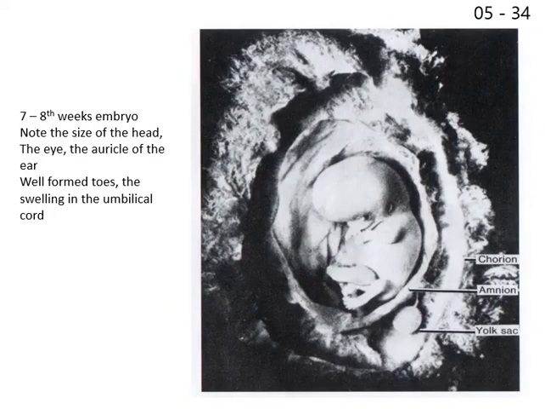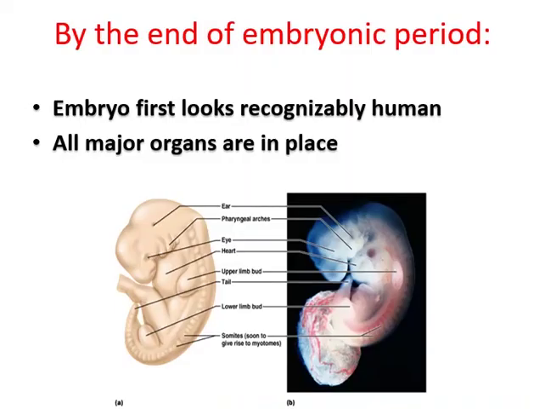At the 7th to 8th week of the embryo, you can easily notice the head region and limbs there and there. Here we have the umbilical cord, and we can see here the size of the yolk sac. Here we have the amnion, and here we have the chorion. So by the end of the embryonic period, the embryo can be easily recognized as a human. All major organs are in place and starting to form,